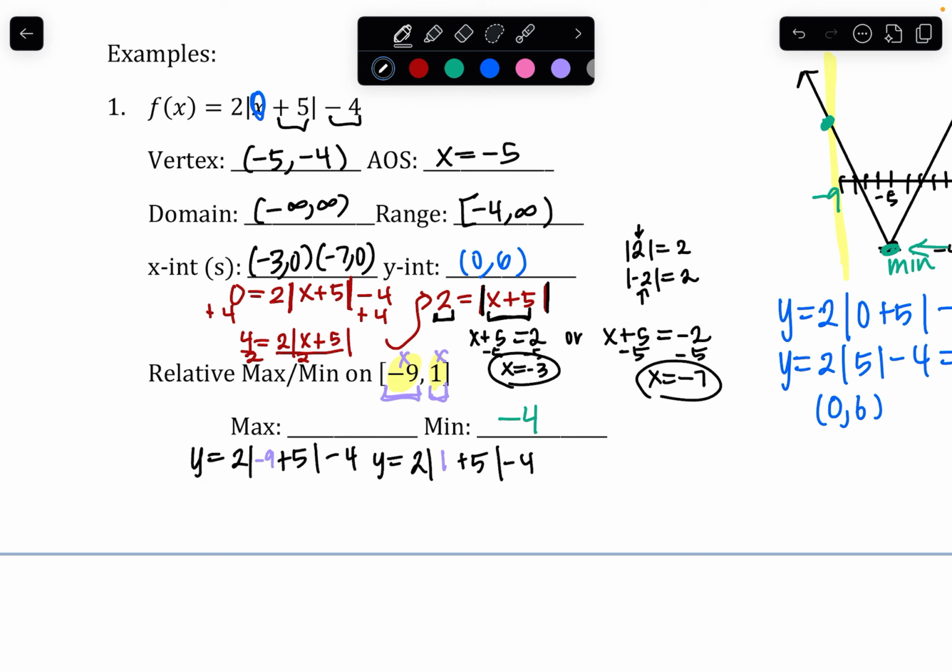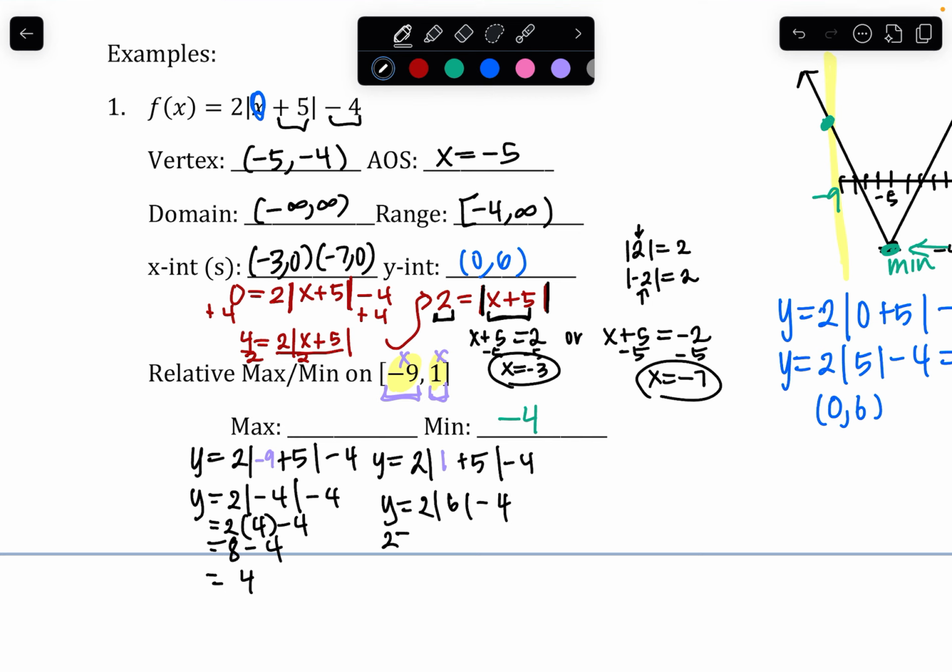Okay, and so when I number crunch this, I get negative 9 plus 4, plus 5 is negative 4. The absolute value of -4 is +4, which gives me 8 minus 4, which is 4. When I test the 1